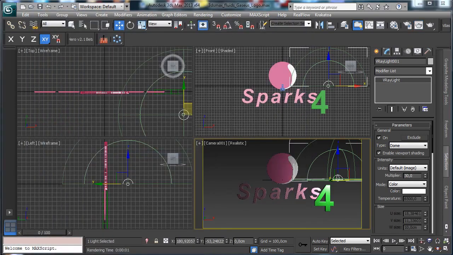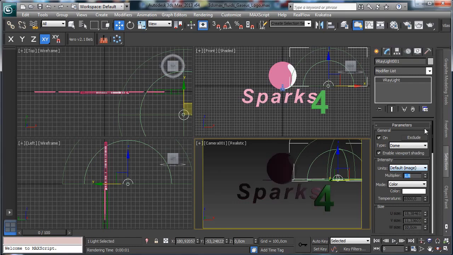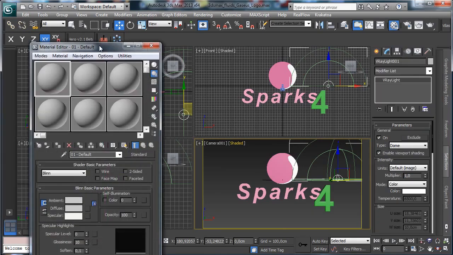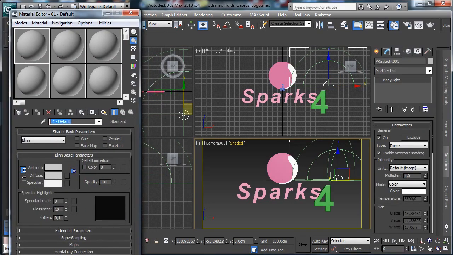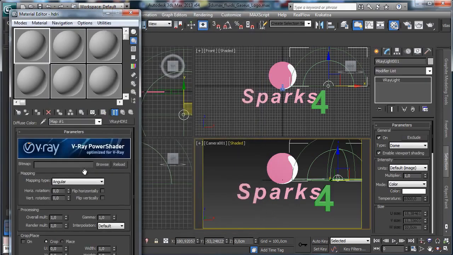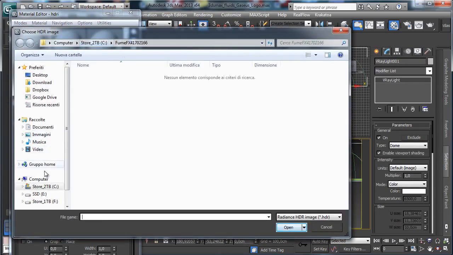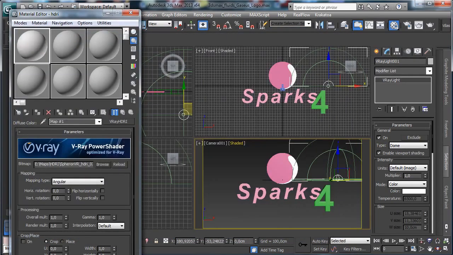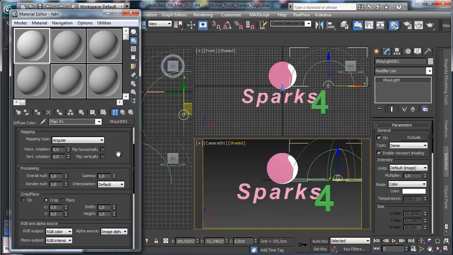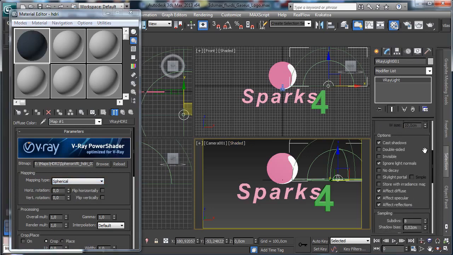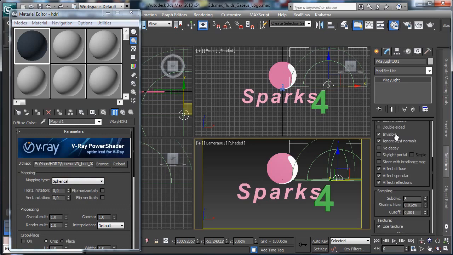Okay, we need to tune the various parameters. We have one there. Let's go to shaded, and we need an HDR map. So let's go in the material editor, and let's say HDR, and we'll use a V-Ray HDR map, browse, and we go to pick a map coming with 3ds Max, and let's say that is a spherical map, and then there in the map we have to set invisible,